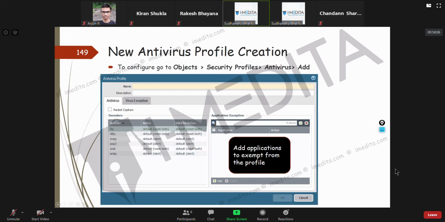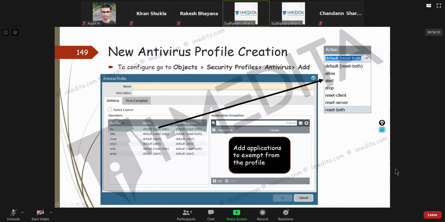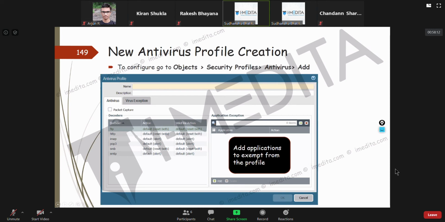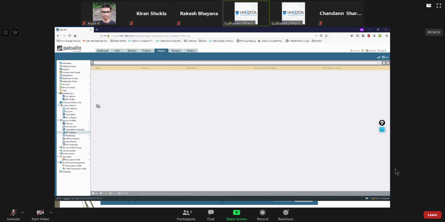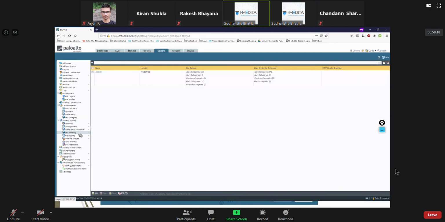Configuration is not that difficult. You create a profile and you apply it.